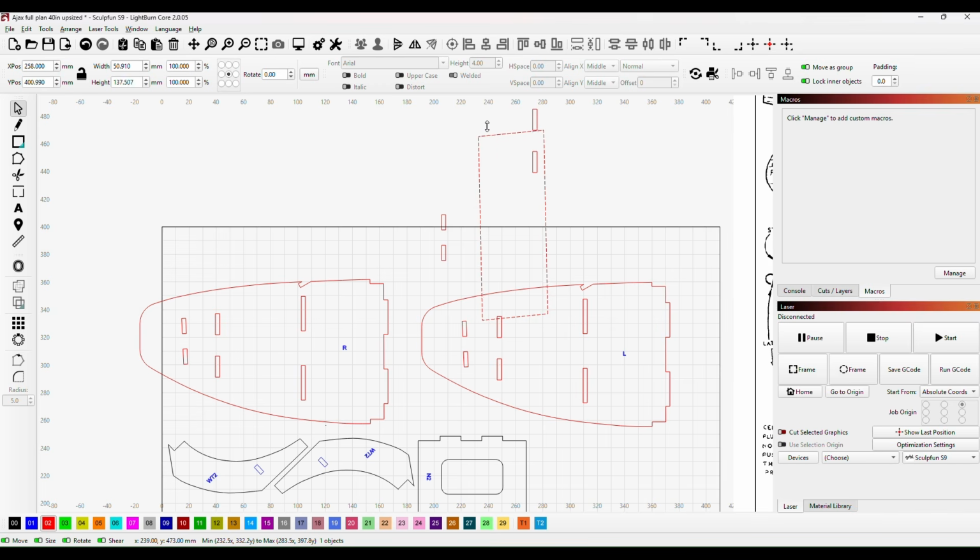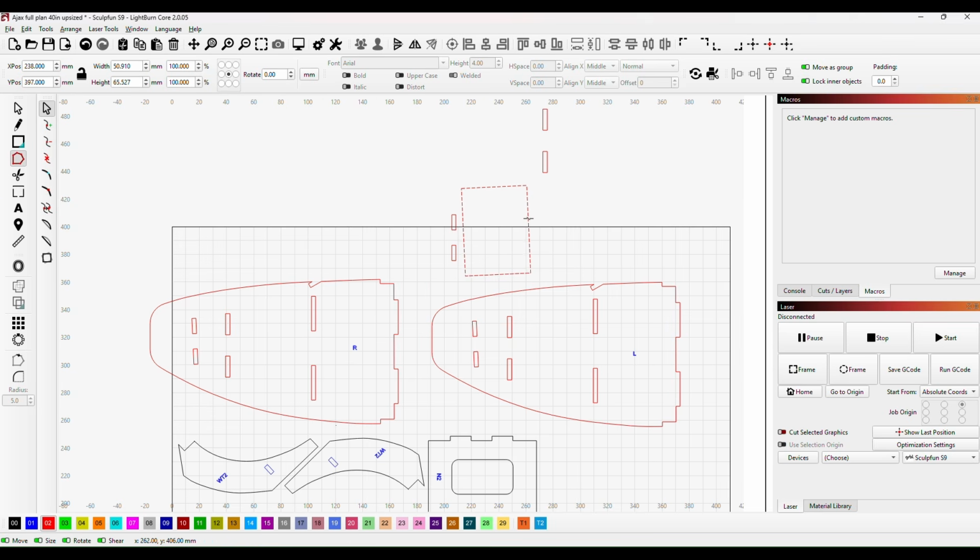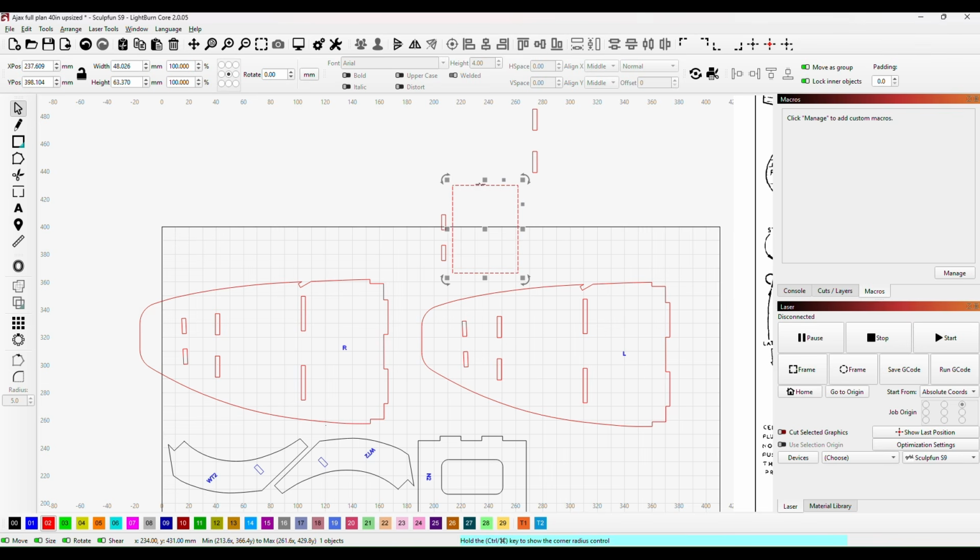If I were to stretch this, you can see how that's turning away from being a square. So what I want to do now is go to nodes, hover over this, press A, so that's now upright, and now all I need to do is increase the size of that by 2.23 millimeters. So our height at the moment is 63.370. So if I go to 65.6, so 65.6,